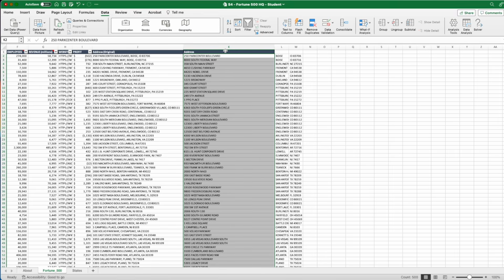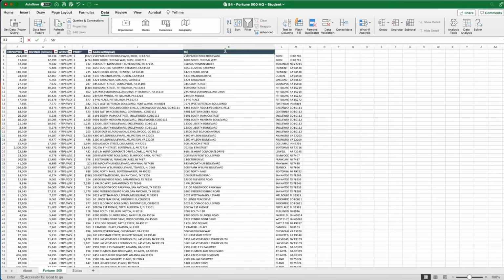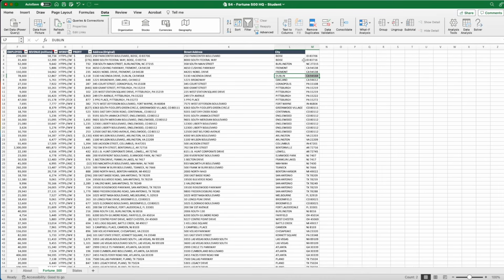And so we can call this street address, and this will be city. And we're not going to name that yet because we want to break this out. There's a couple of ways that we could do this, but what we want to do is